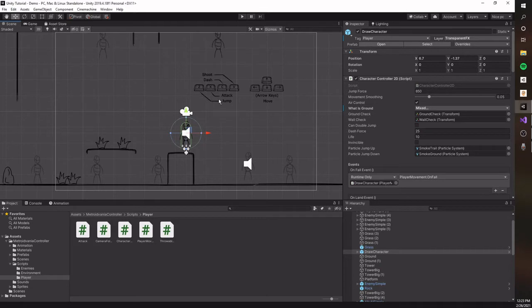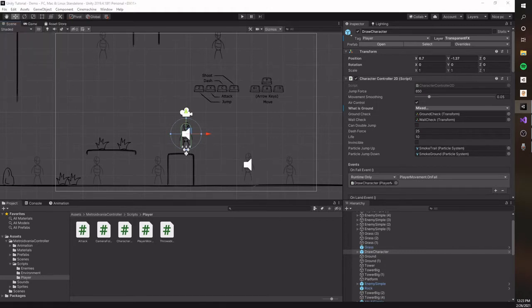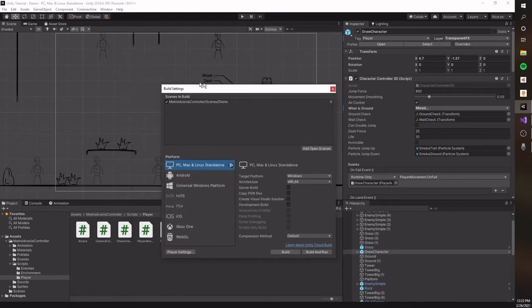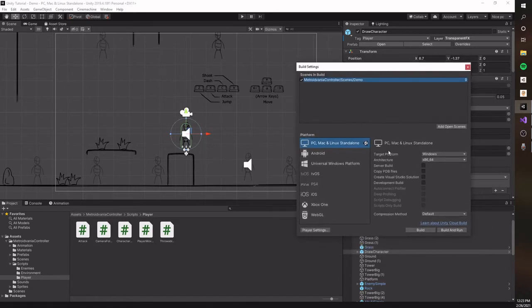So after you set up your scene and all that, you can go ahead and click on File, Build Settings. Here you can add the scene you want to build. So I have this demo scene from this Metroidvania controller. So right now I'm gonna try building it to Windows, but first I'm gonna click on Player Settings, and then